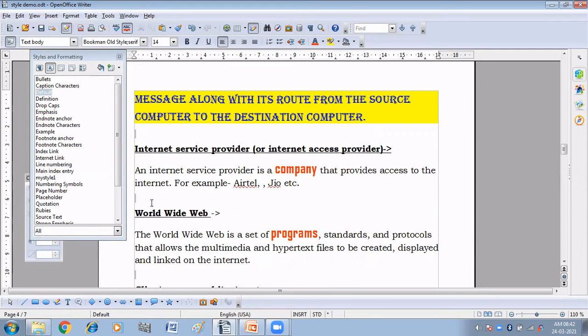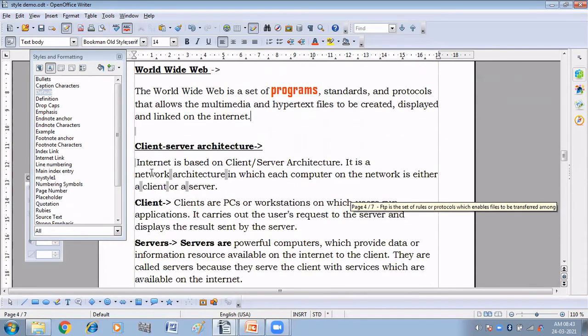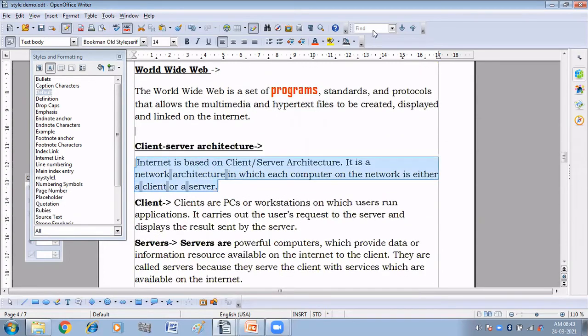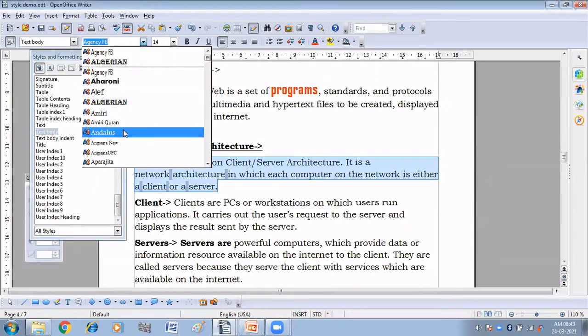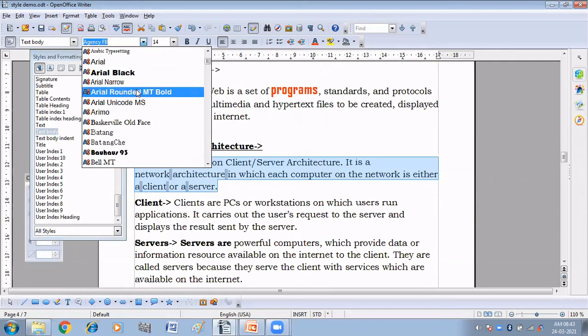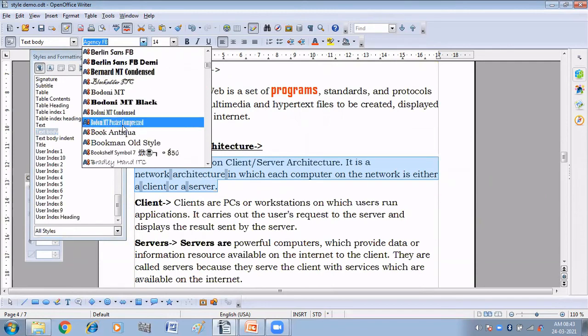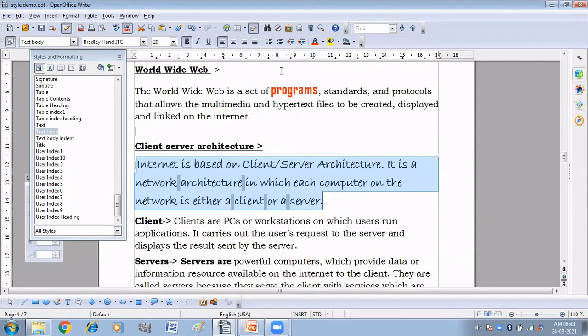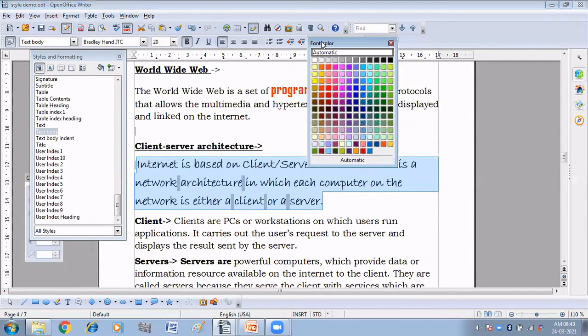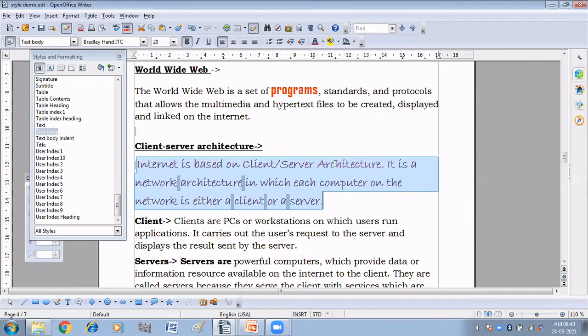Now second, we have creating a style by dragging and dropping. So how will you do that? This is very simple. Again, I'm going to select this and apply my own style in this: bold, size 22, and the color should be this.